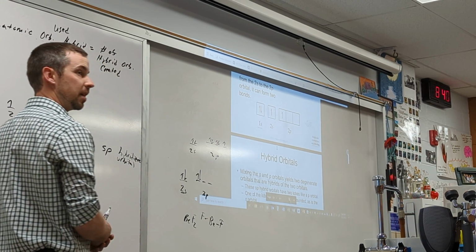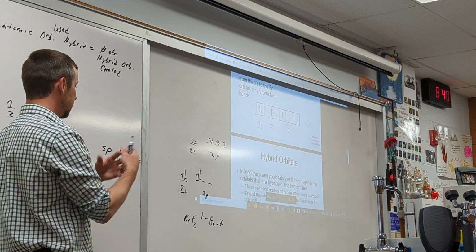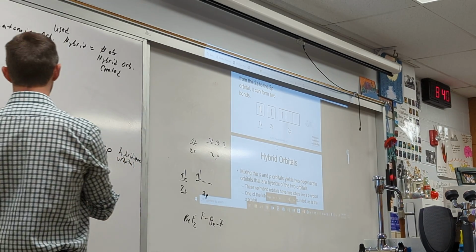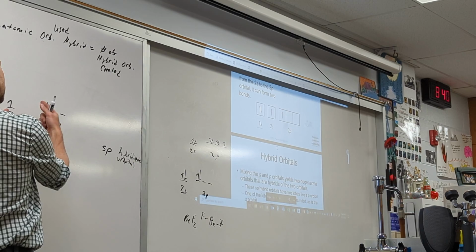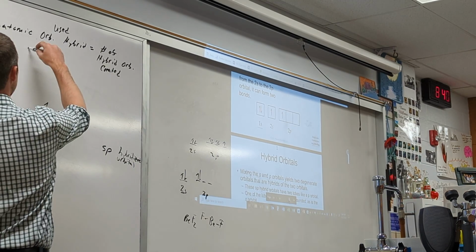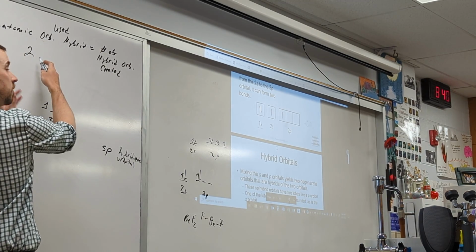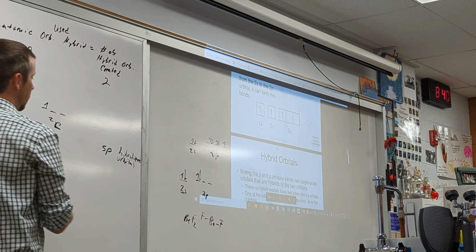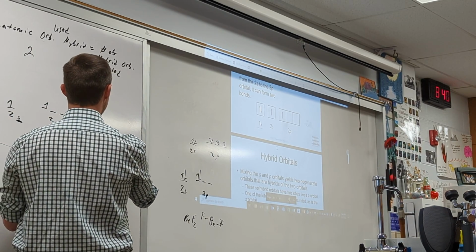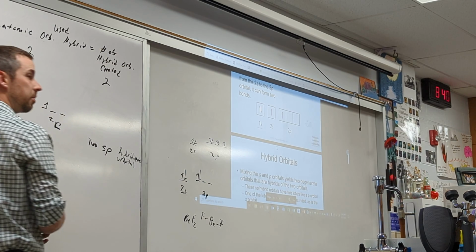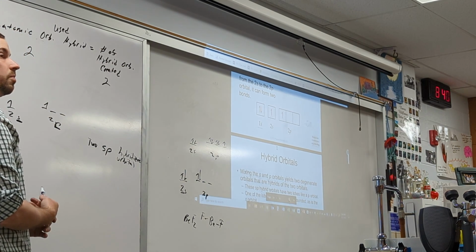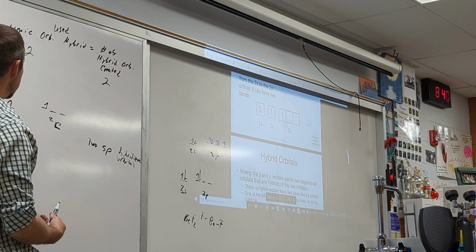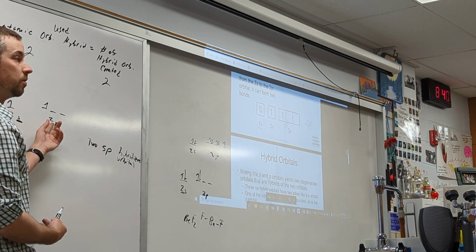Okay, that's what that means. We'll take one of the S, one of the P's, mix them together, and you call that an sp hybridized orbital. But notice we took one atomic orbital and mixed it with a second atomic orbital. So there's two atomic orbitals used. That means we have to create two hybridized orbitals in the process. So now we would just say there are two sp hybridized orbitals created when you mix two atomic orbitals, one from the 2s and one atomic orbital of the 2p.